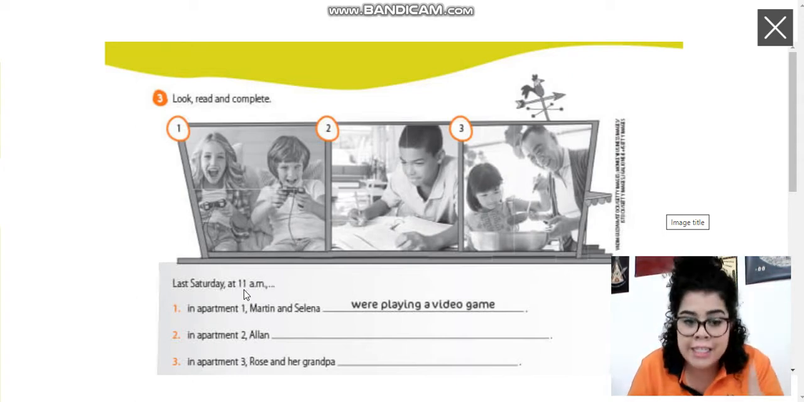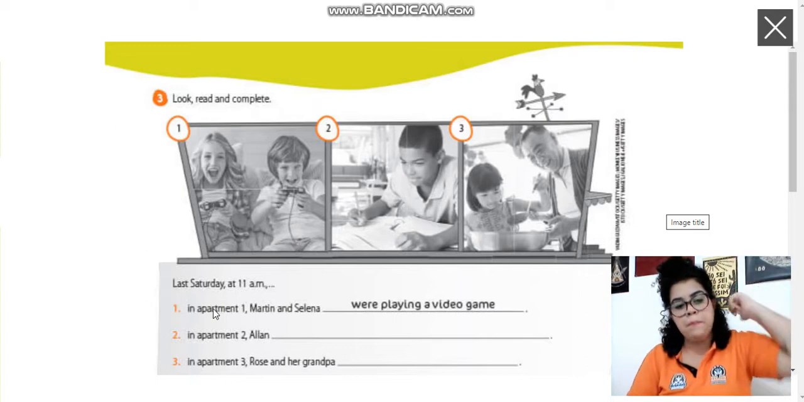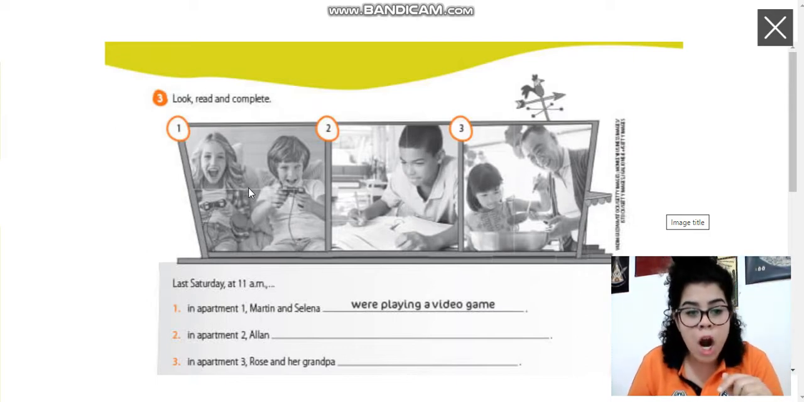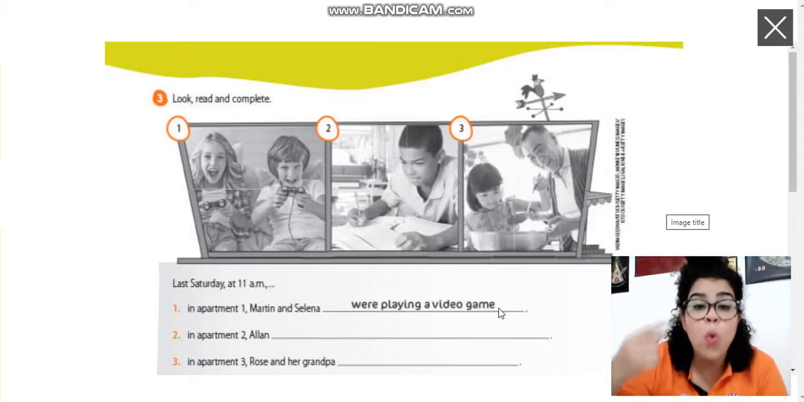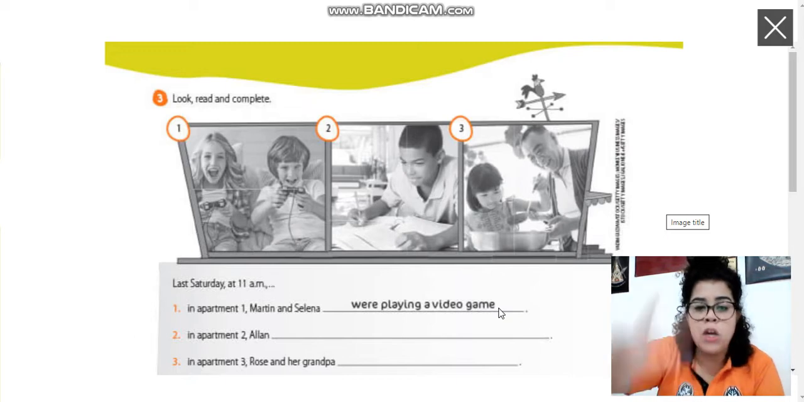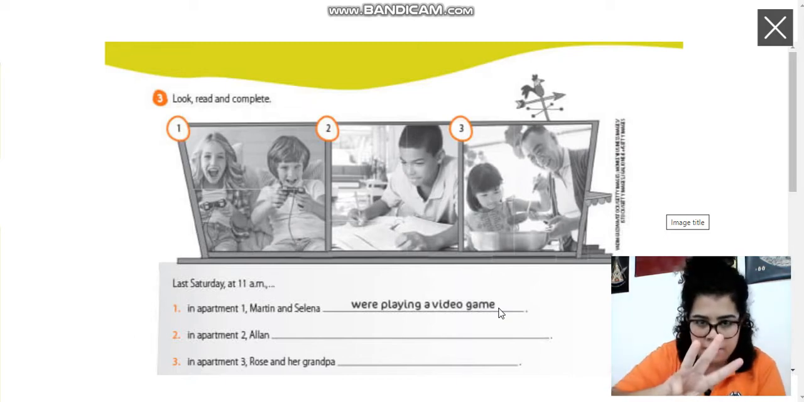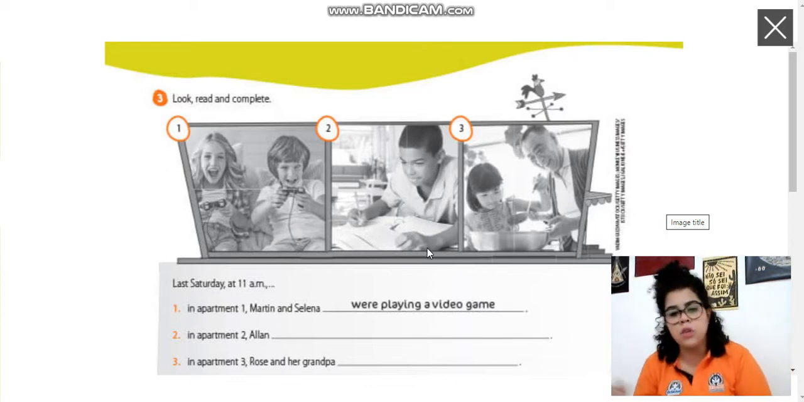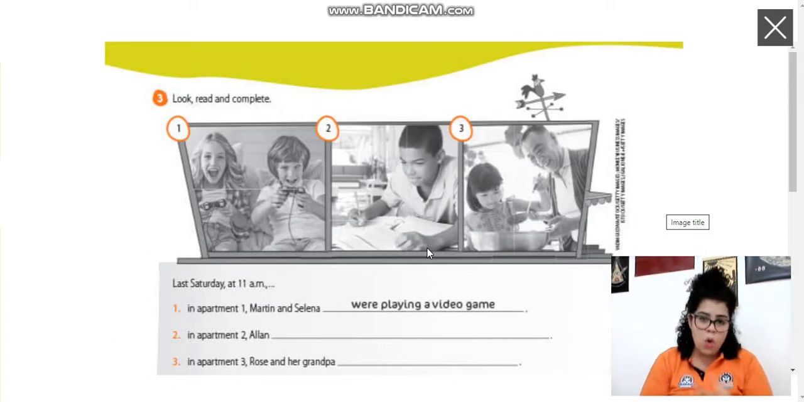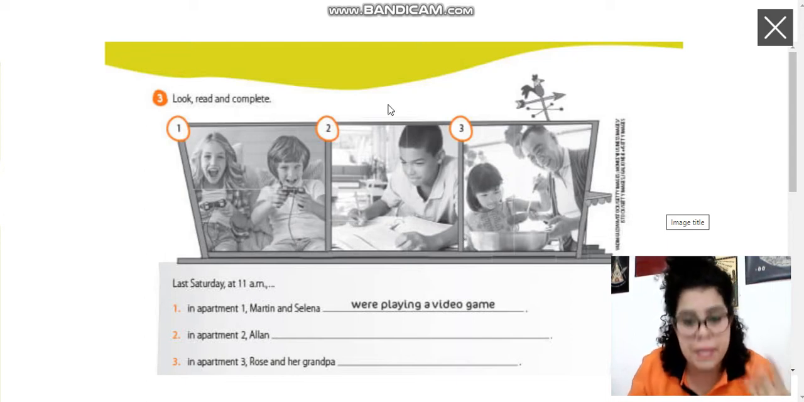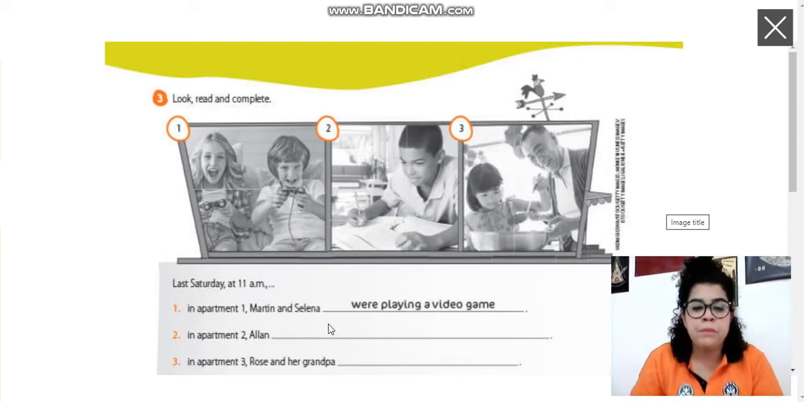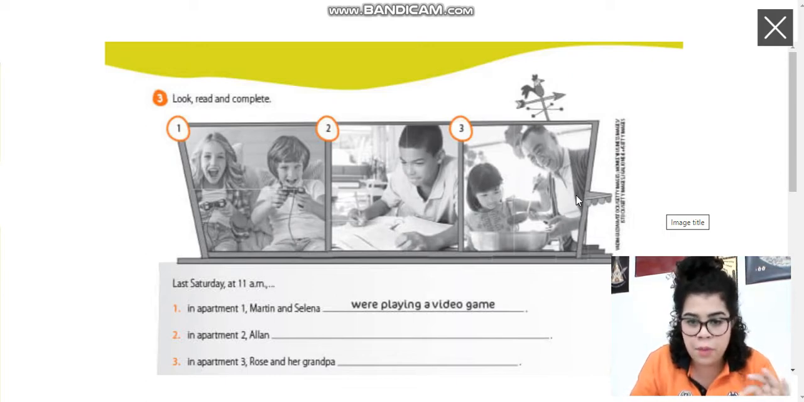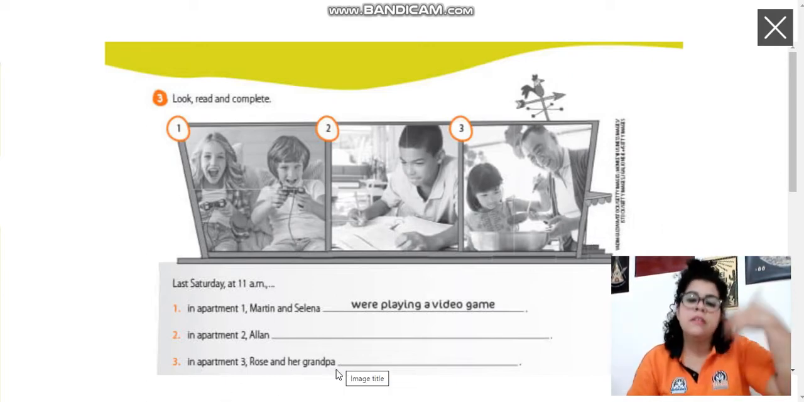Last Saturday at 11 a.m., in apartment 1, Martin and Selena were playing a video game. Now I want to know what was happening in apartment 2 and apartment 3. Okay, so in apartment 2, Alan, you can say that he was studying, you can say that he was doing his homework, that he was writing. It just has to fit with the picture, right? So same thing with apartment 3. Rose and her grandpa were